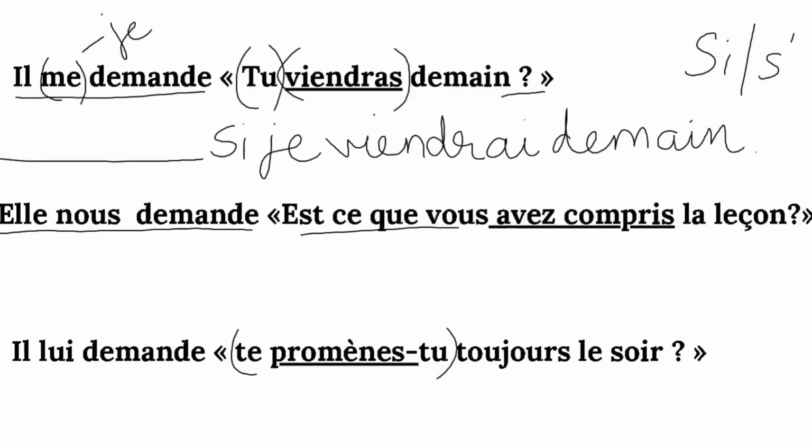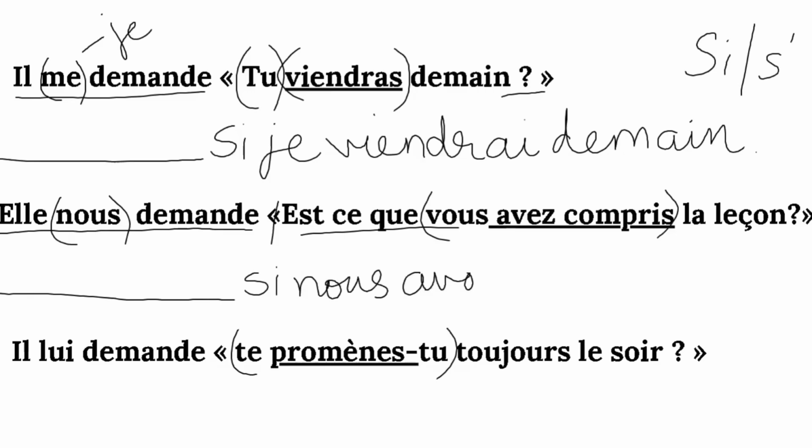Let's look at the second one here again. Everything here before the dialogue also remains the same. We will open up our dialogue by using "si". Again here it is my passé composé of the verb comprendre and my subject addressed is nous. So nous will remain nous, no change, and avoir in the present tense, and compris is my past participle, la leçon. Full stop.